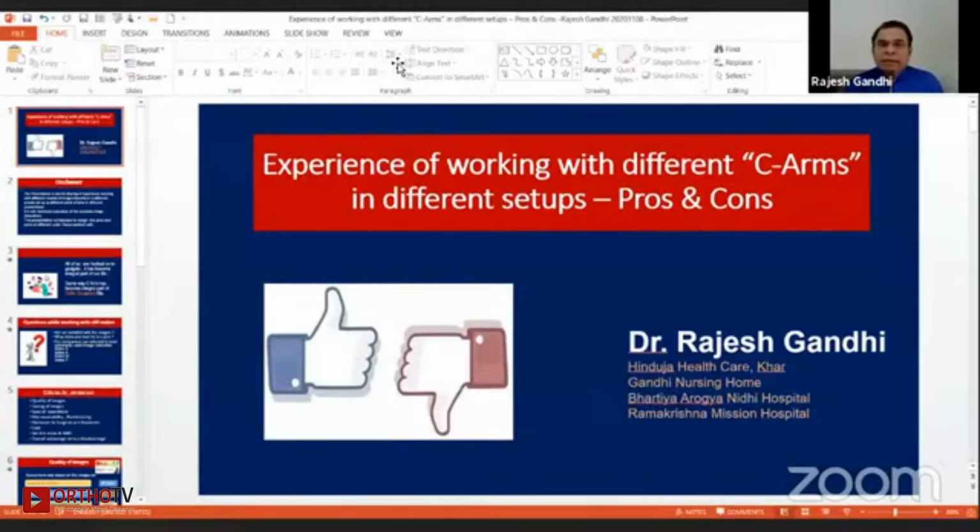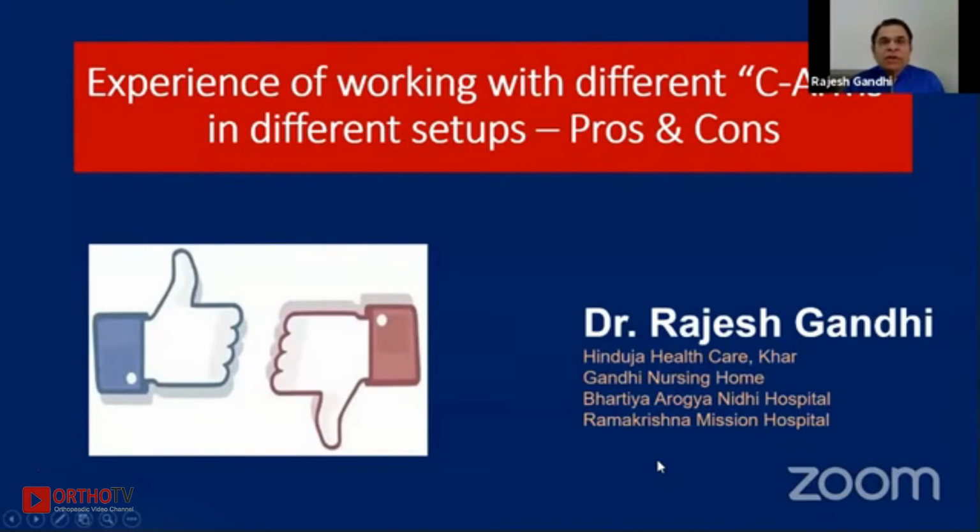Well, after a lot of discussion about the technicalities, it is time to discuss the model. What is my experience with different brands of C-arms in different setups? Now I have a small nursing home which is 10 bedded, plus I go to mid-size hospitals. So I'm trying to give my experience of working in different hospitals with different setups at a different